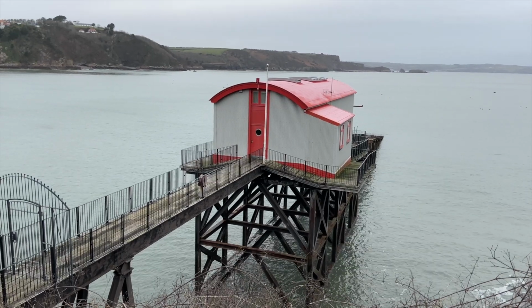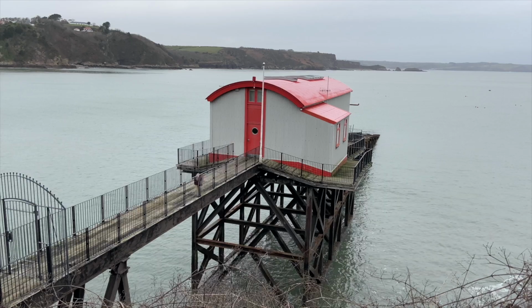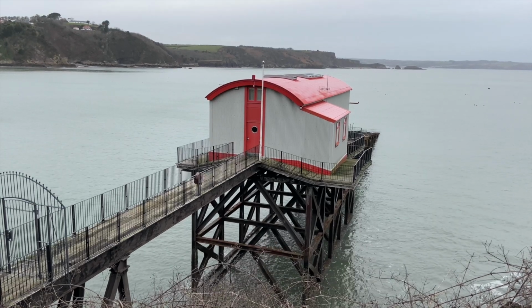It's now a house, a private residence. It was on Grand Designs. I think I saw it. Yeah. They moved the lifeboat station about 100 yards up there, but more importantly, just down there, on a little promenade that used to be down there,